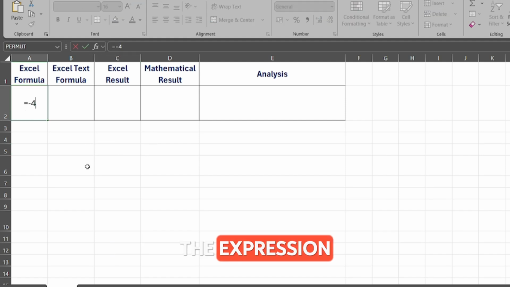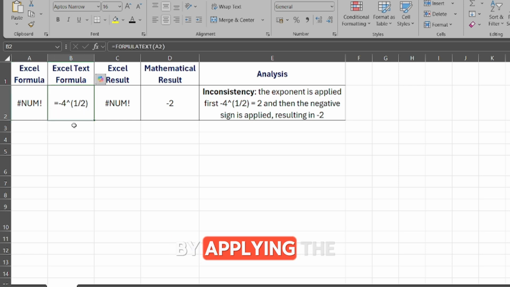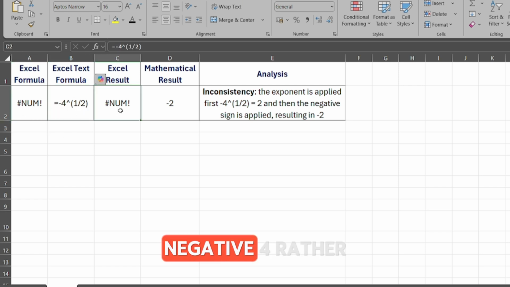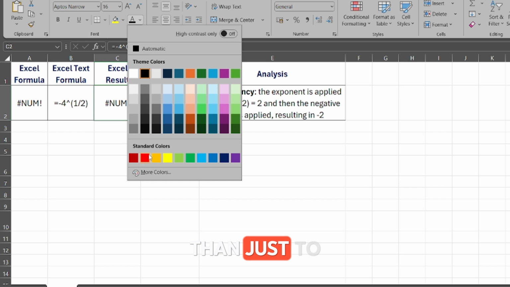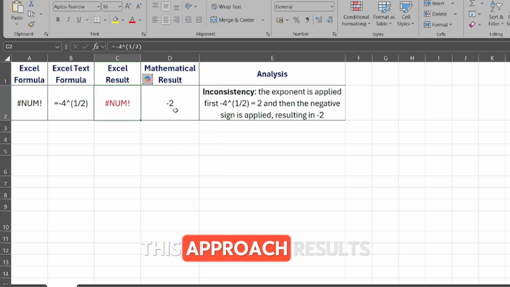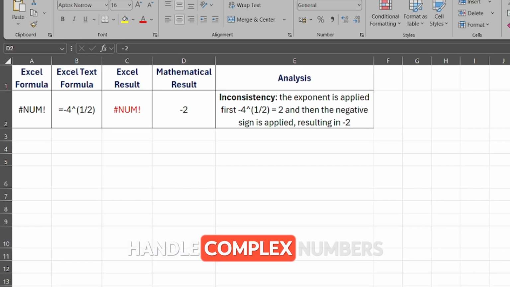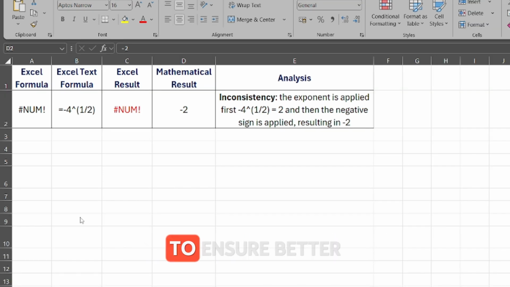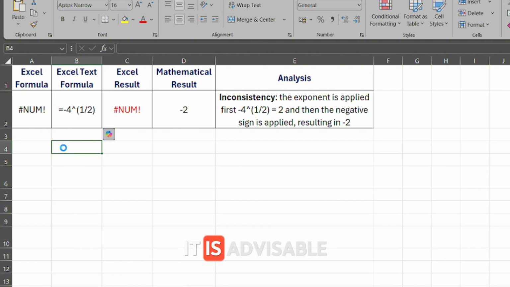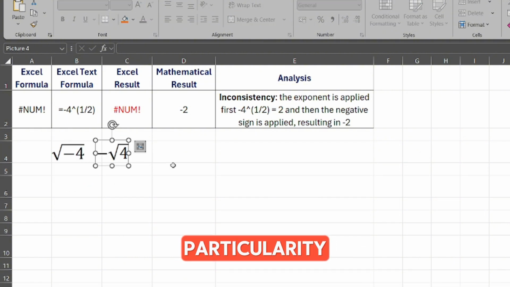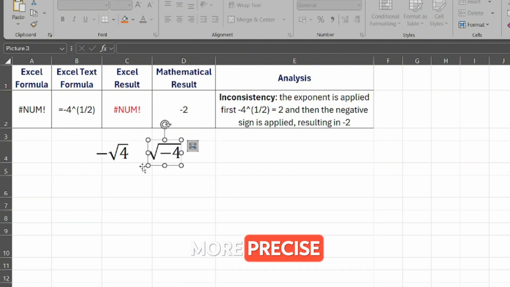Excel interprets the expression -4 to the power of 1/2 by applying the exponent to the entire number -4, rather than just to 4. This approach results in an error, as the software does not directly handle complex numbers in this context. To ensure better understanding, it is advisable to clarify this particularity to students, promoting more precise use of